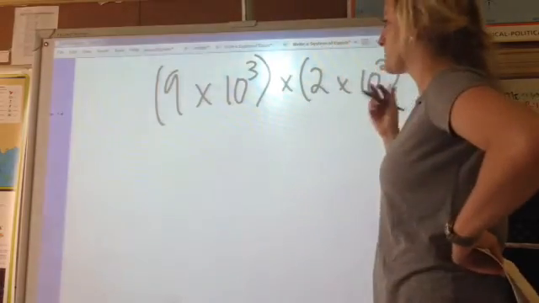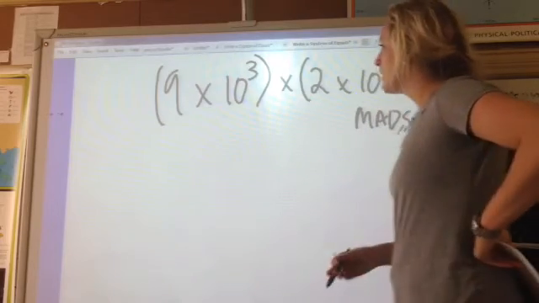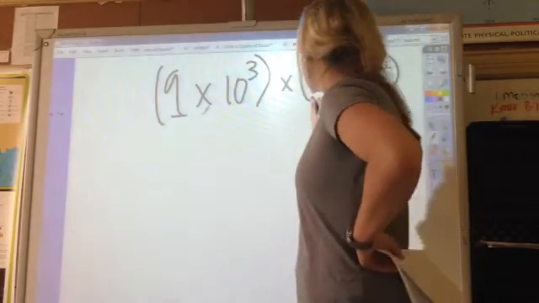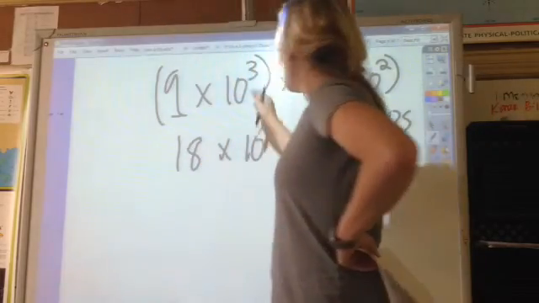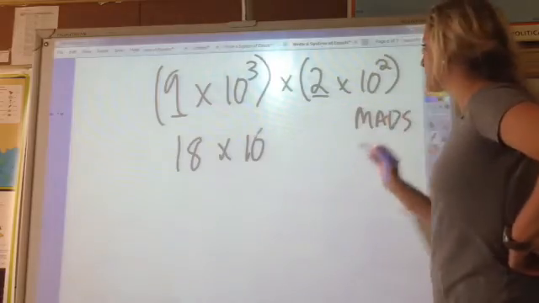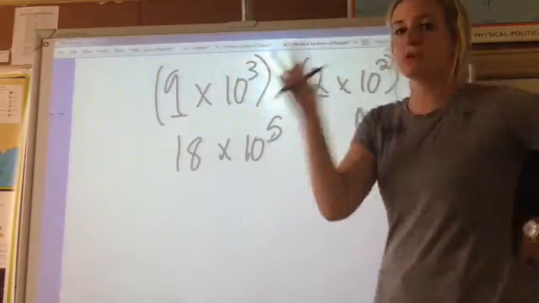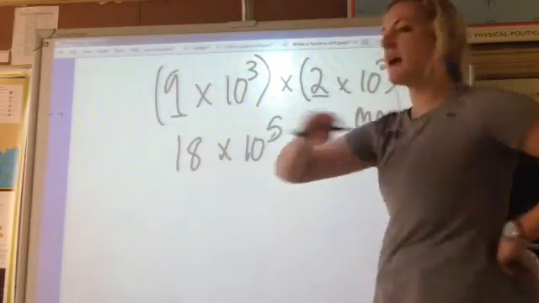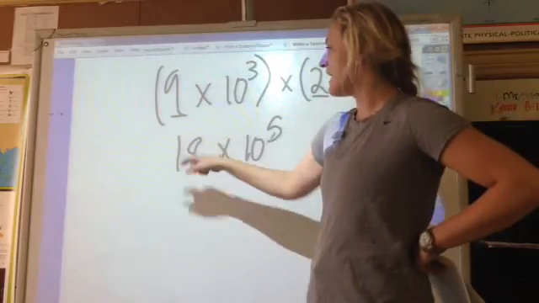Again, I don't care about my exponents. They don't have to be the same. I just got to remember my MADS rule. So then I can just work with my coefficients. 9 times 2 is 18. And then if I'm multiplying, I add my exponents. 3 plus 2 is going to leave me with 5. Now, something should be screaming out at you. Miss Abel, this answer is not in proper scientific notation, which is correct,